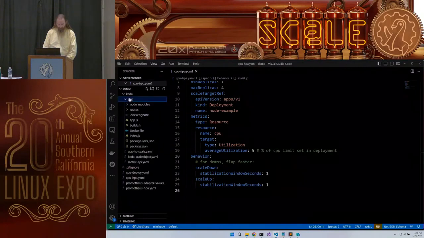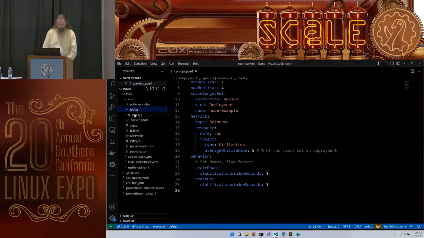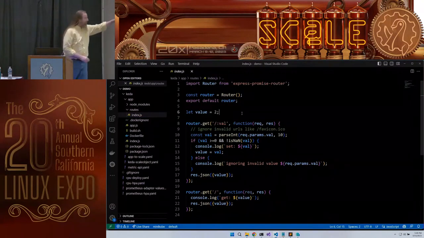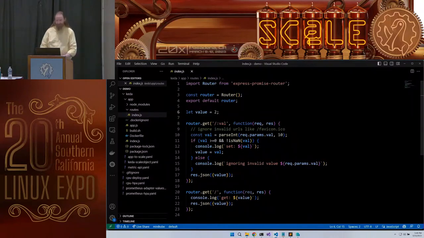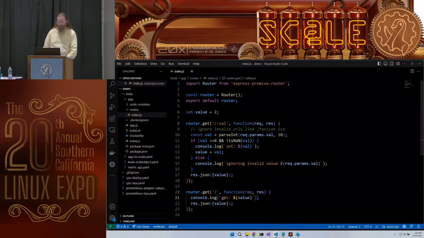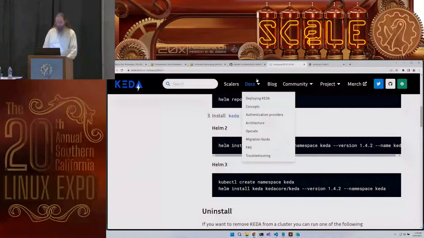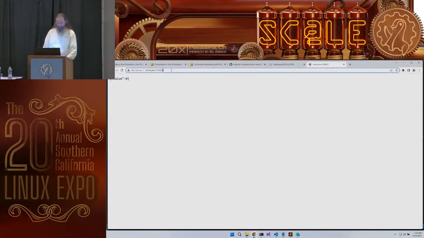So I have here this cute little app that is particularly dumb. Now we could definitely query anything, but in this case I'm querying that value right there. And this value, I can choose to get it by just calling a GET, and I'll just return that value. Or I can choose to set it, so if I have a value and it happens to be a number, then it will set that value, and then other things can get it. Cool. So I've got this API that I can now say, let's go get the current value, and it's right now 0.